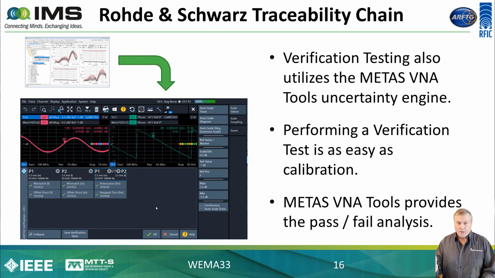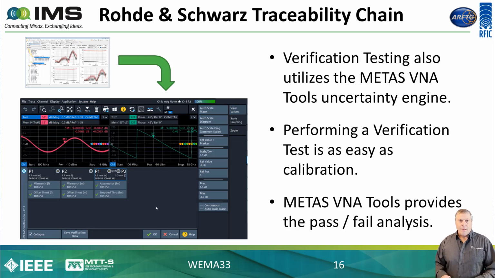The verification tool looks like this, but is very similar to calibration. You simply get a list of standards, and you're asked to connect them one at a time. The standards will be swept from the verification kit, and the measured results by the network analyzer using the calibration you just performed, those measurement results will be compared to the expected results that are on the thumb drive that comes with the verification kit. Those calculations and that comparison are done by VNA Tools again. So they're being done by what we call an independent third party, calculating all the uncertainties and comparing your measured result to what we expect and telling us, yes, you passed the verification test, or no, you failed the verification test.